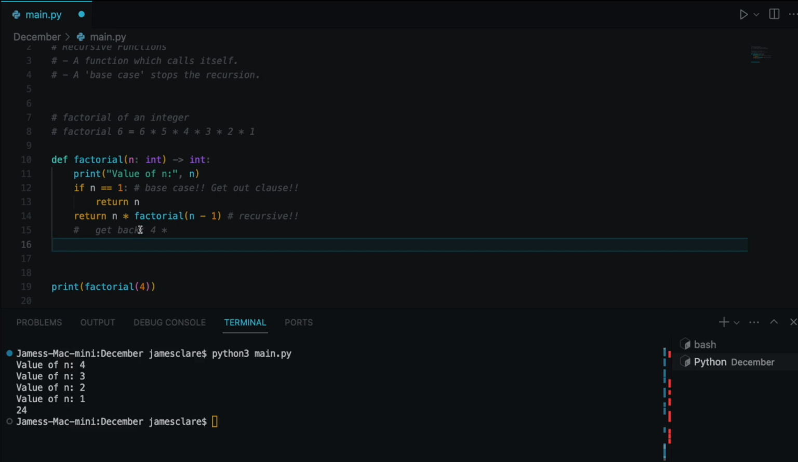So that's why I'm kind of doing it in these comments here. So get back 4 multiplied by, same function call again, n minus 1. So n minus 1, so 4 take 1 is going to be 3. 3 goes back into the function. 3 is not equal to 1, so we don't do this. So we're returning 3